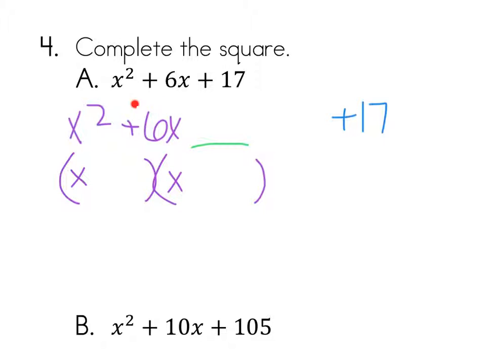And then we want two of the same number to add to 6. So what two of the same numbers add to 6? Well, those two numbers are 3 and 3, because positive 3 plus positive 3 is 6. So the piece that's missing is whatever 3 times 3 is, which is